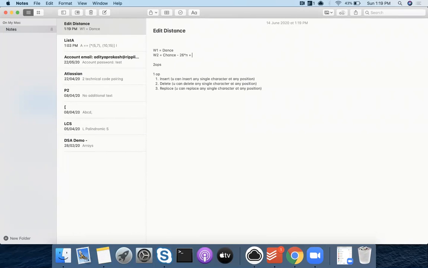Now, similarly in delete, I can delete only n characters, right? N different characters. I can delete C, H, A, N, C, or E. And after that, I can check if it is matching or not. Again, similarly for replace, I can replace any character with any possible character. So again, 26 into n, these will be.